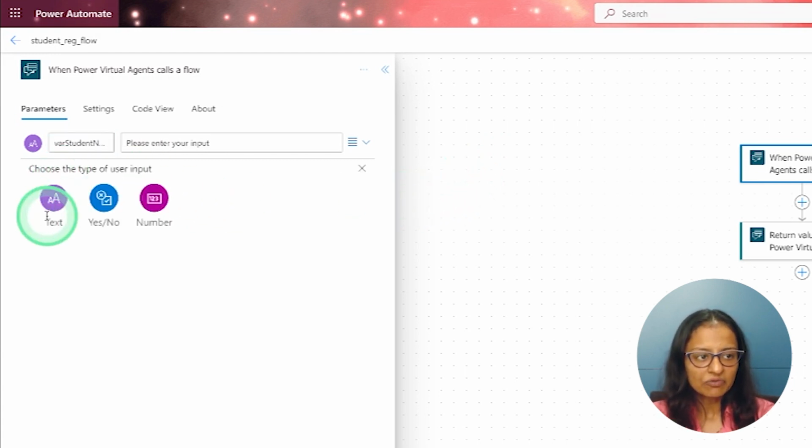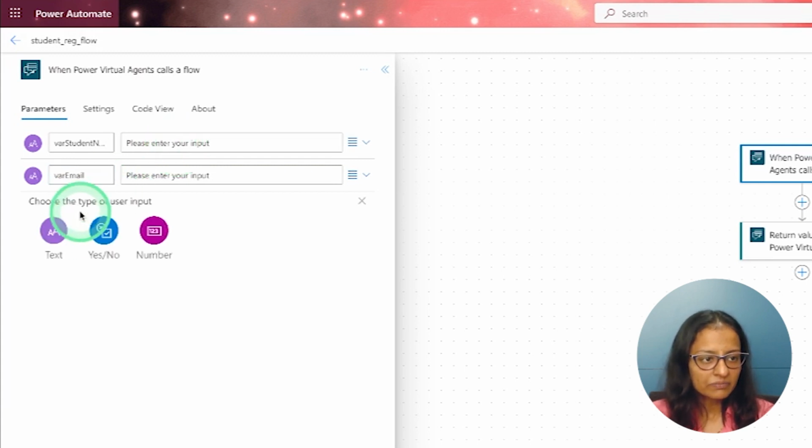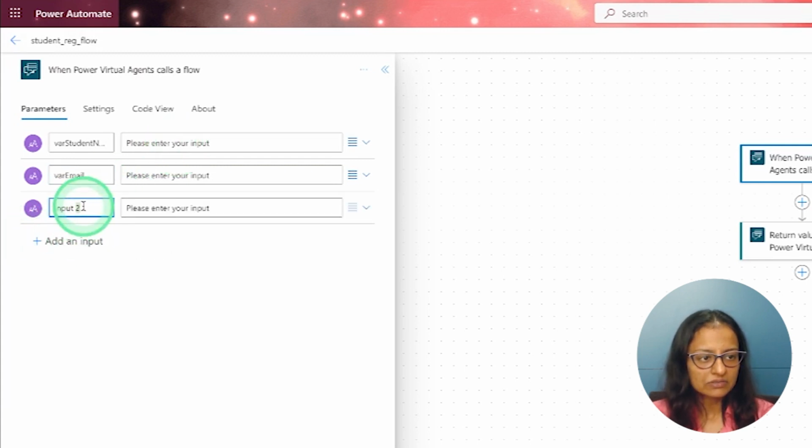The second thing I am going to receive is the email ID. So here instead of that input 1, I am writing variable email. Then the third input is a contact number, so variable contact number.